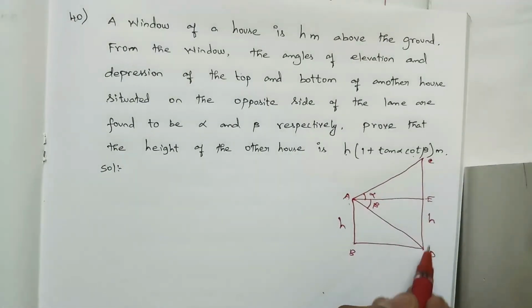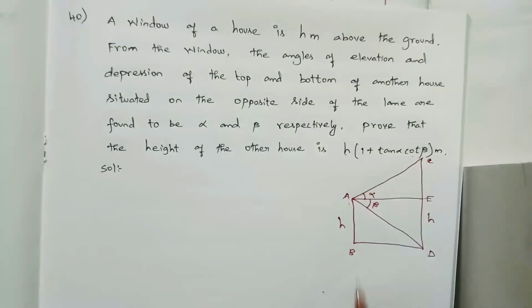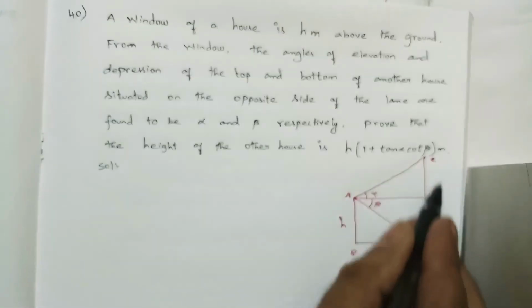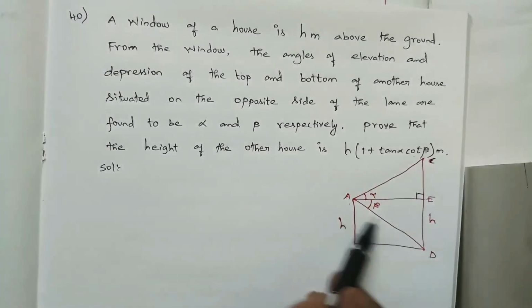AB is equal to H meter, ED is equal to H, and we know alpha and beta. Now we want to bring this to right angle triangles. We have two right angle triangles. One is AEC, the first right angle triangle, and the second right angle triangle is